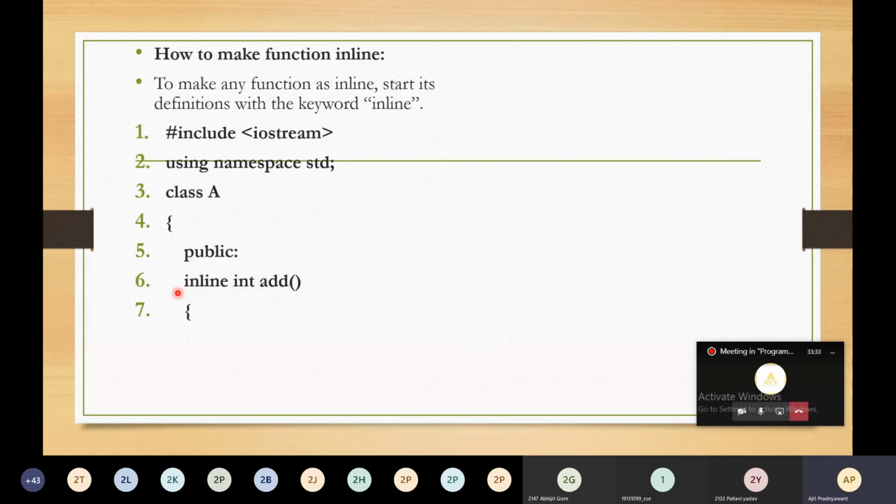Just mention inline before the function. That's it. This is the way to make a function an inline function. I have mentioned only one statement inside the inline function, and I have closed class A. What is present in class A is only one method, add, which we have made an inline method.